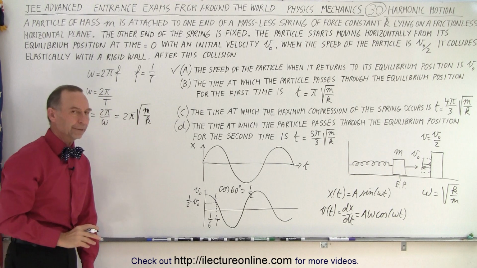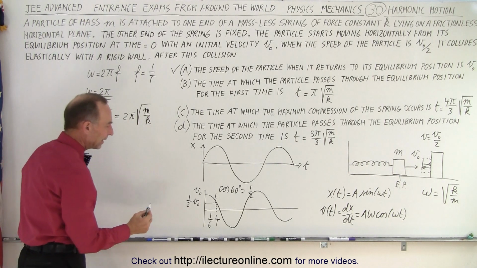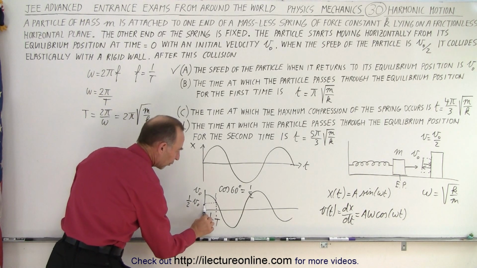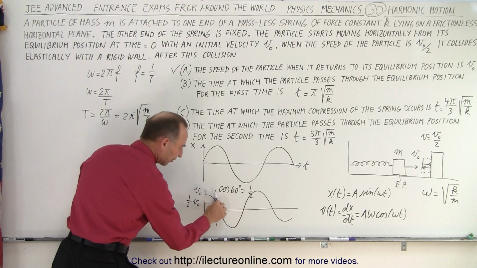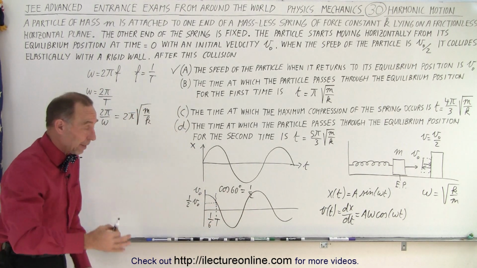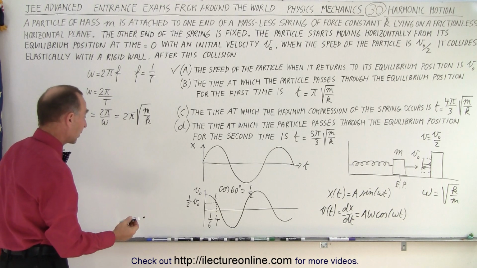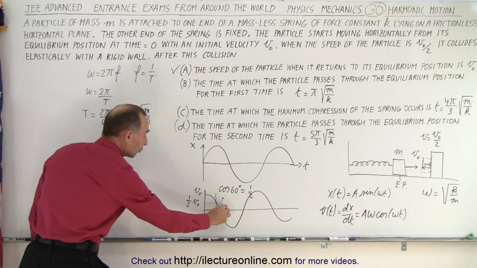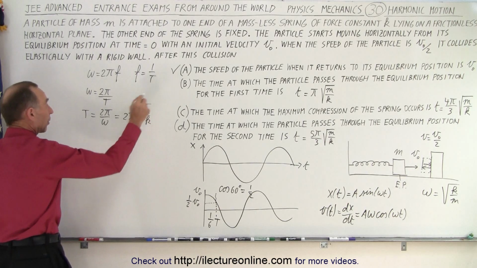So that's the period. It takes 1/6 of a period to go from there to there. It collides with something hard, and then it goes back. It takes 1/6 of a period to come back, the same amount of time. That's 2/6 of a period. So it goes back to the equilibrium point. So for part B,